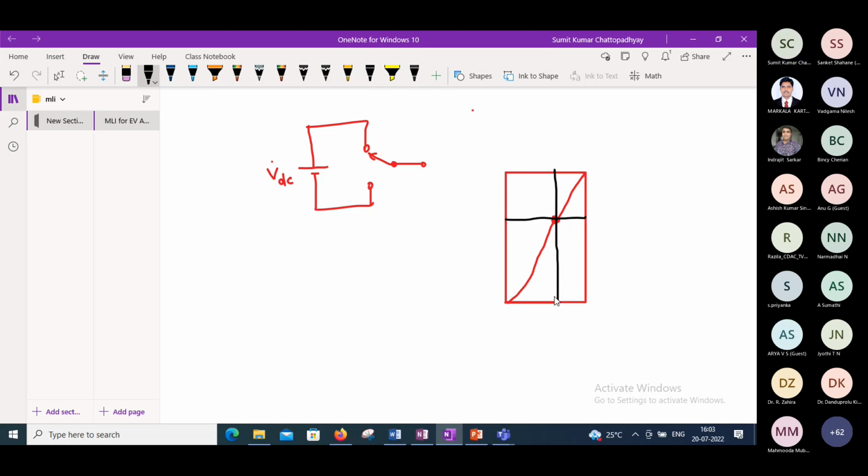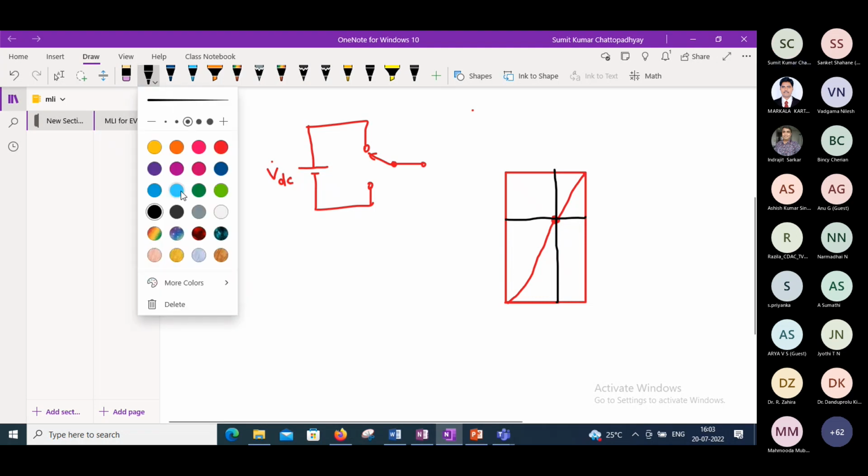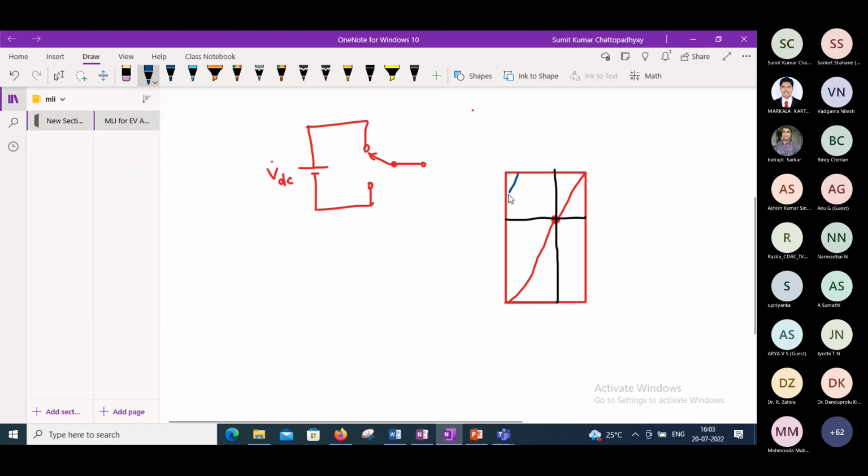So now I need your comments. Can anyone comment on the area of these two rectangles? There are total 4 rectangles. I'm just asking about these 2 rectangles, what I have marked here with hatch. Is there any relation between the areas of these 2 rectangles? Anyone can find it out?